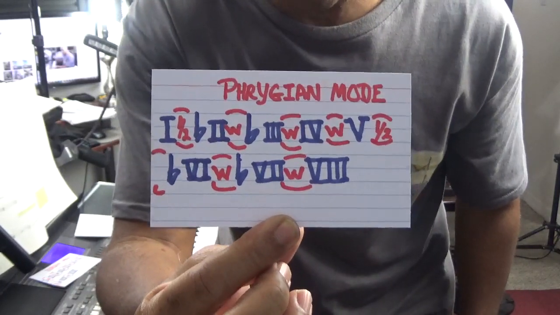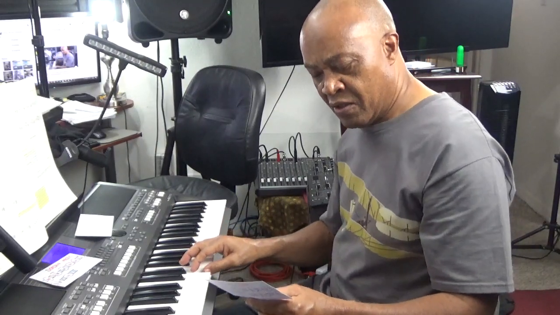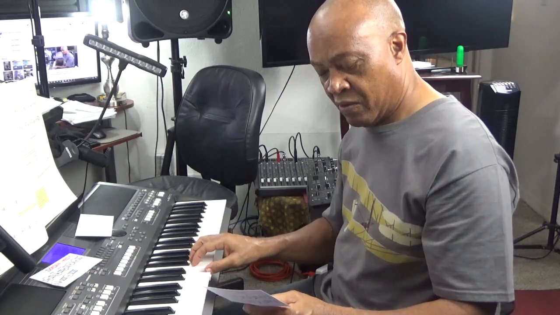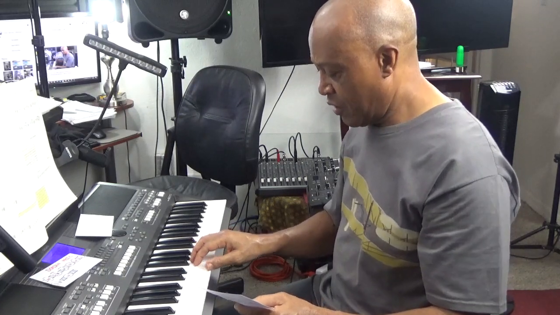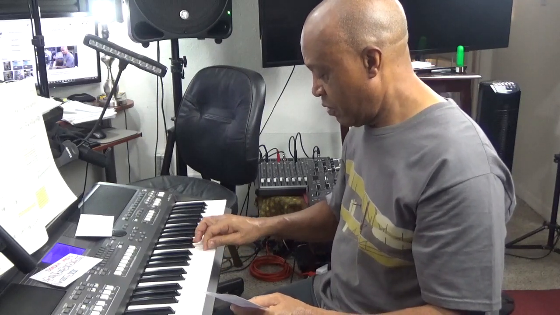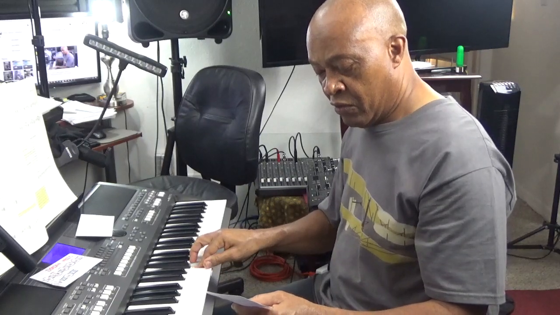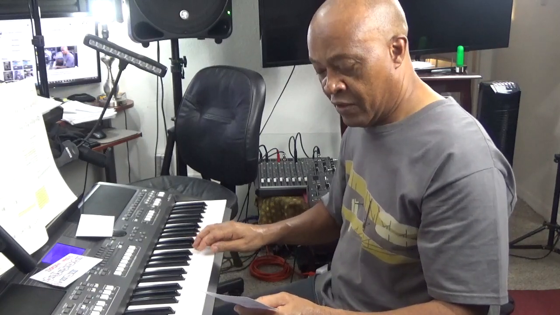If you were to play the Phrygian mode in the key of C, you would start on E, and then flat 2, flat 3, 4, 5, flat 6, flat 7, and 8. That's E Phrygian mode